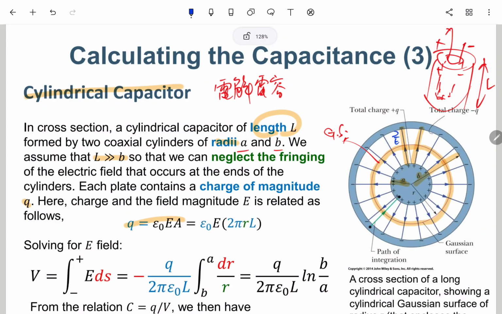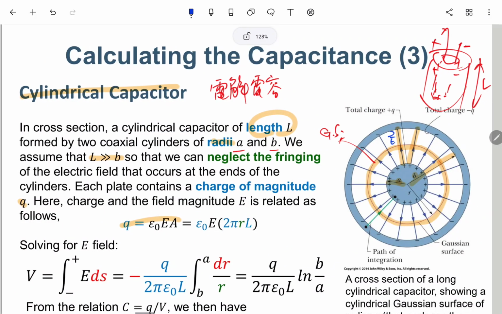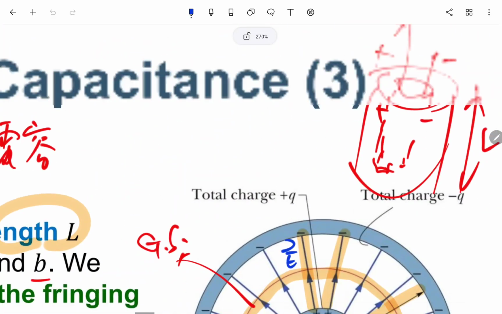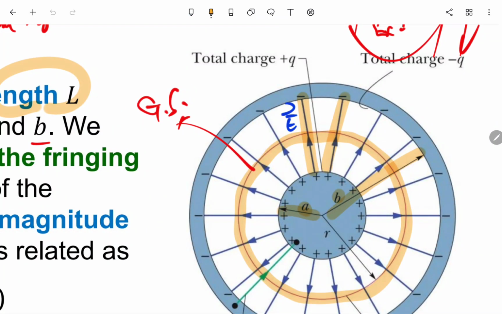Okay, so anyway, actually we try to assume that the radius of this cylinder is small r, which is between A and B. And this is symmetry, because this is a circle, this is another circle, this is also another circle, but all the circles have the same center, so